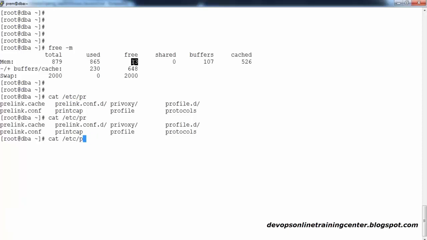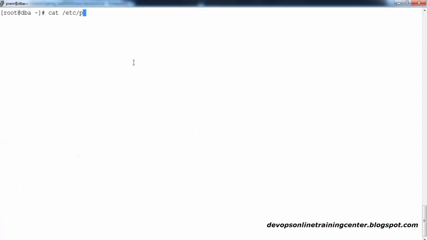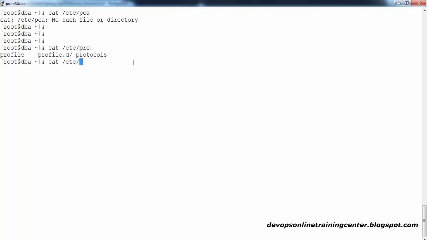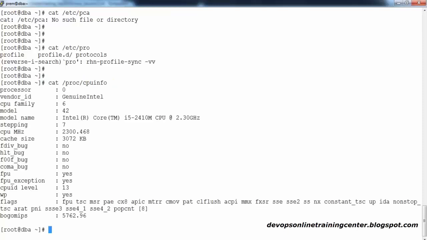Some command was there, what is it, cat /proc/cpuinfo. Yes, this is the file which contains your processor type. Mine is an Intel Core i5 processor, one single processor. So if somebody asks you this data, you can run this command, cpuinfo.